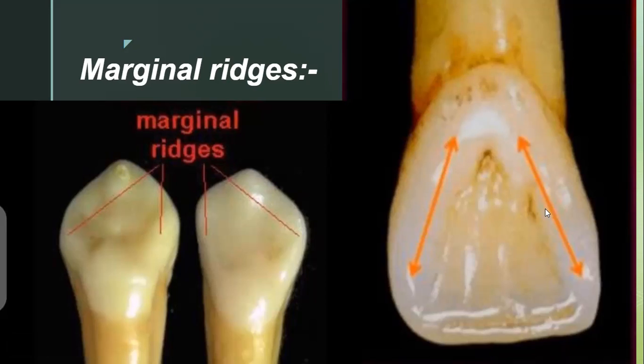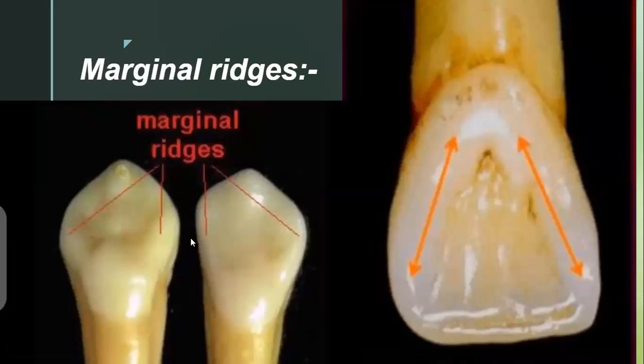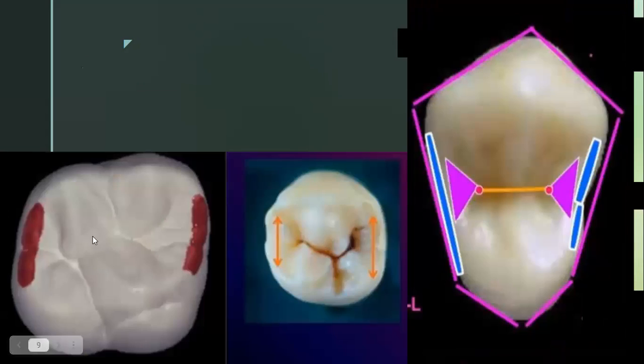As you can see in this picture, the lingual surface of the tooth is shown. Here we have a marginal ridge, right, making the boundaries of the tooth. If we talk about posteriors, in anteriors we have marginal ridges present on the lingual surface, the surface which is facing towards the tongue. In posteriors, we have marginal ridges on the occlusal surface, the surface which will come in contact with the opposite jaw when you clench the teeth, when you close your jaws, right?